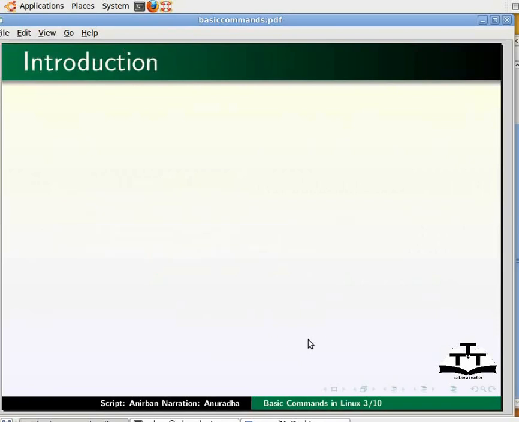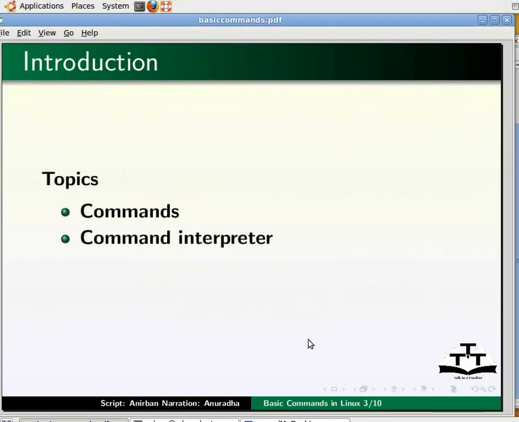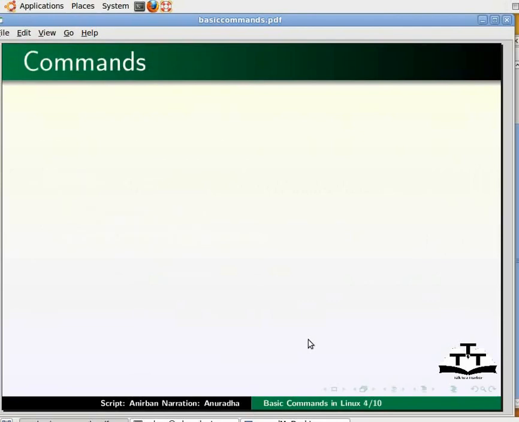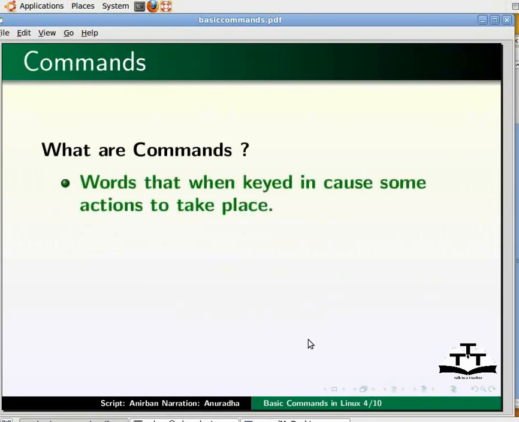spoken-tutorial.org. In this tutorial, we will see what are commands and what is a command interpreter. Then we will learn about how to find help in Linux using the man command. Now the first question is, what are commands? In simplest terms, we can say that Linux commands are words that when keyed in cause some actions to take